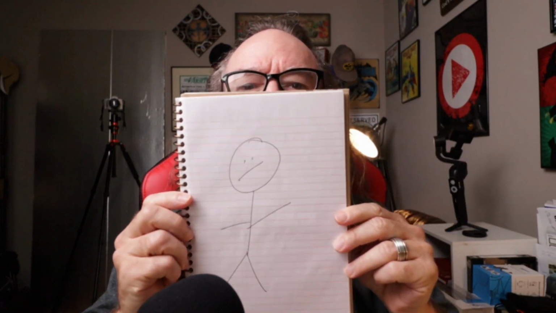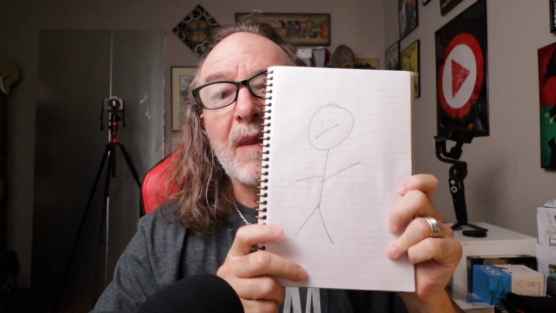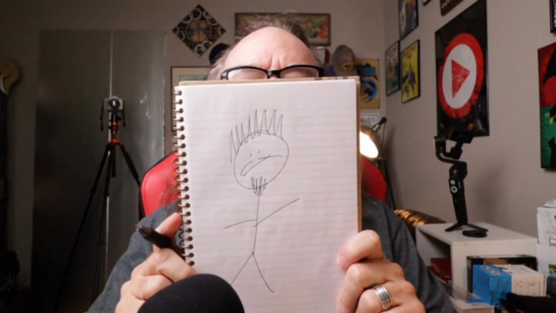Look, that's my stick man. Now, it's a pretty good stick man. I should have added some hair to it. I'll do that right now while we're talking. But look, drawing ain't my thing. I'm going to add a little beard and a mustache. There, how's that? And if you're going, dude, that sucks. You're right. I cannot draw.